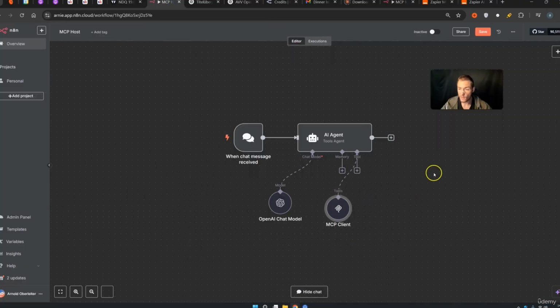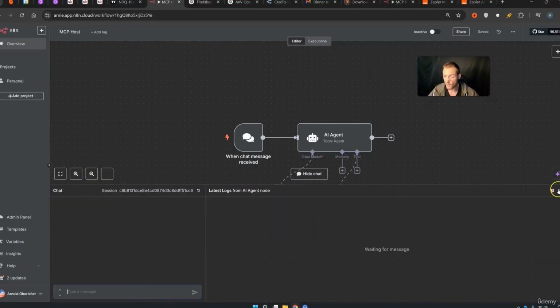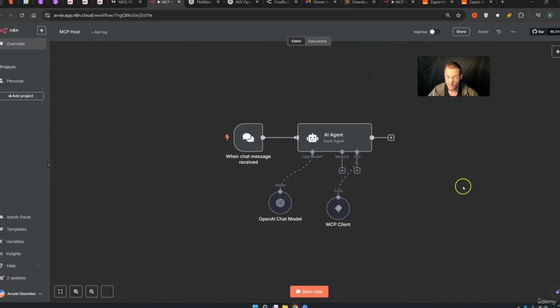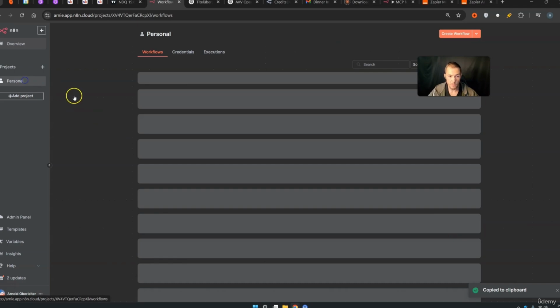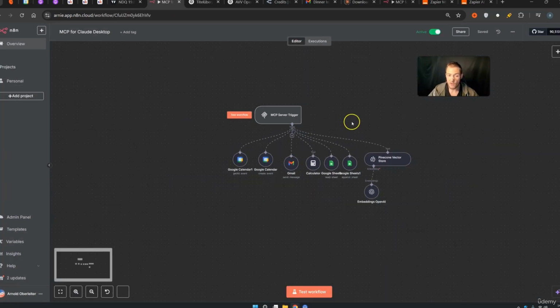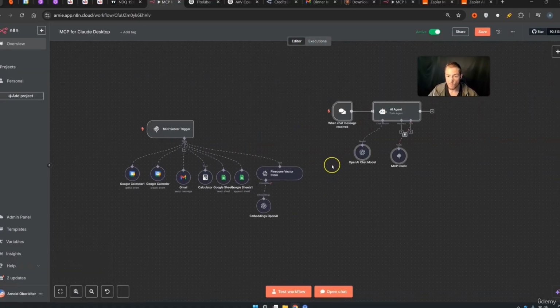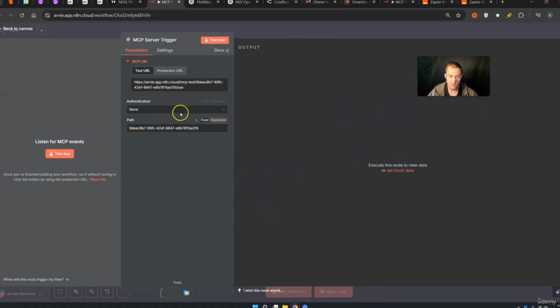So if we come back to n8n, of course you can press save once again, then you can open the chat and send a mail. I already showed you this a number of times. But one thing that I also want to show you is that you can also copy your host, come back to personal, come back to your MCP for Claude Desktop for example, because here we do not have any trigger. And because we do not have any trigger, we can also do this. We can use the host and the server in one single URL. And of course, once again, you would come here to the server trigger production URL, you would copy these,